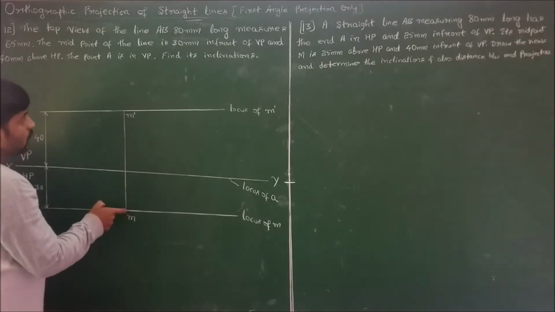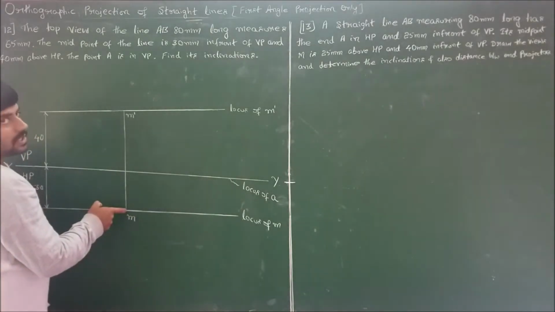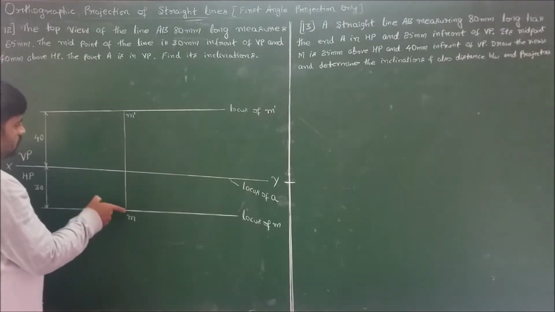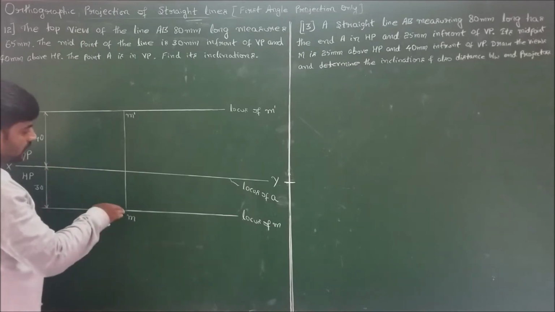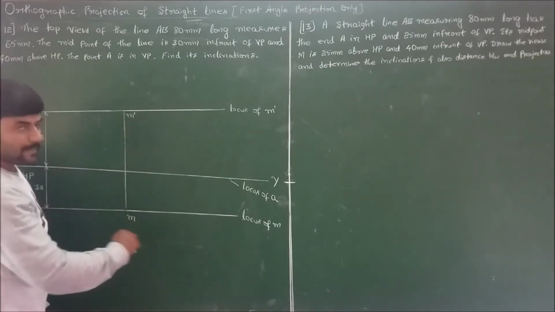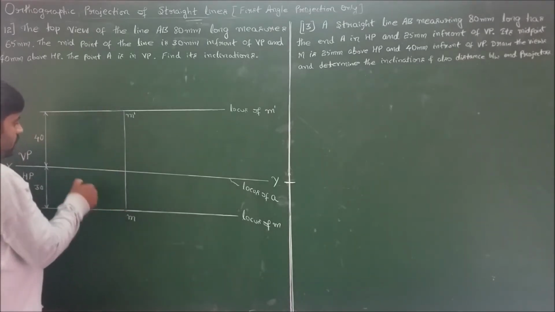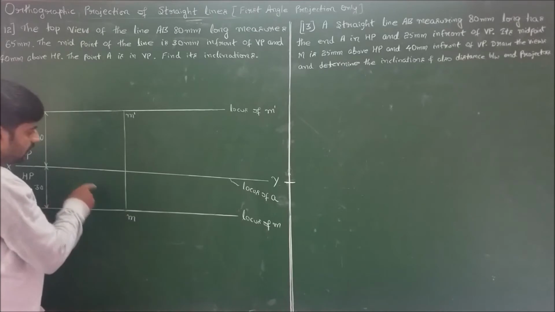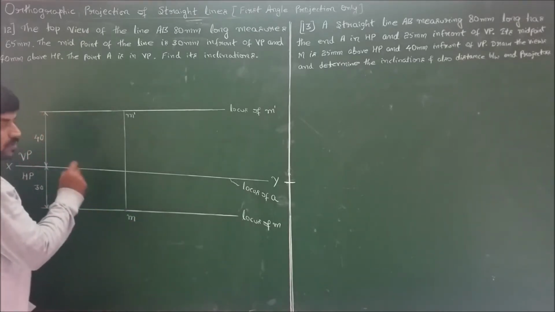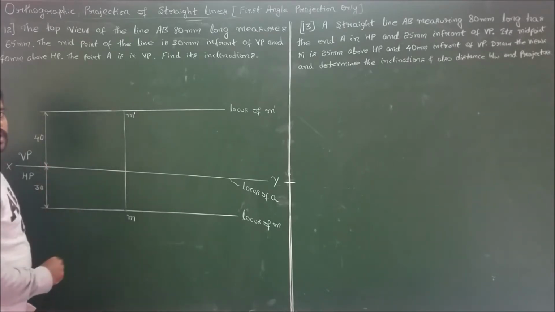So now we know both the apparent length as well as the true length in top view. So measure 65 by 2 and cut an arc. Join and extend the remaining part 32.5, you will get the apparent length in top view. Measure 40 mm from here, cut an arc. So 40 from here you join, the remaining 40 you extend. So that completes both the apparent top view and true top view of the given line AB.